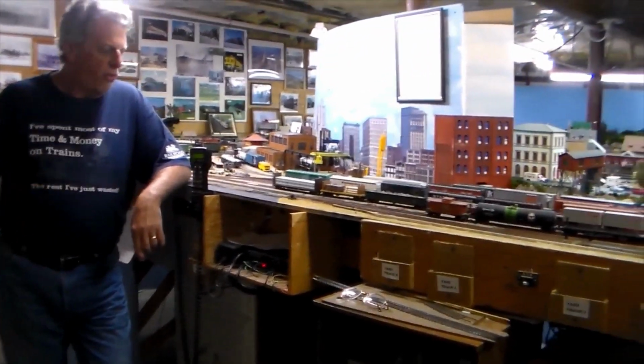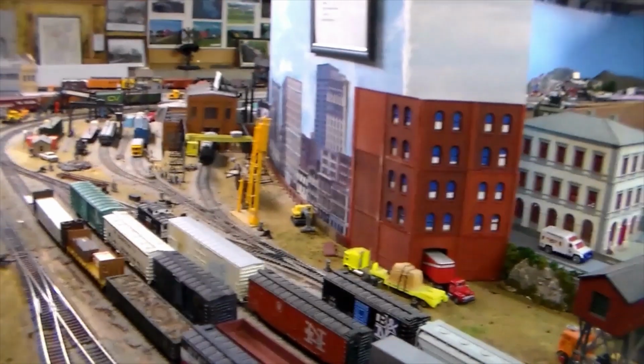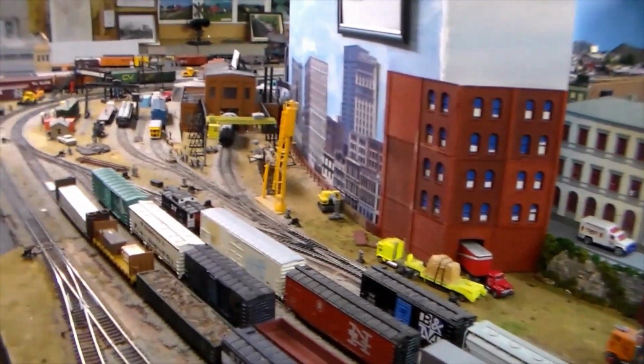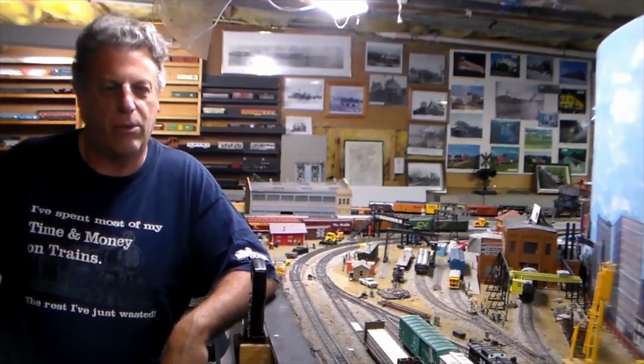So, this is the Union Freight Railroad. It's actually two railroads combined. It's a combination of the New Haven Railroad Old Colony branch, specifically the East End, which ran from Boston south through Quincy, my hometown, and points south. And the other half is the Union Freight Railroad, which is a subsidiary, or was a subsidiary